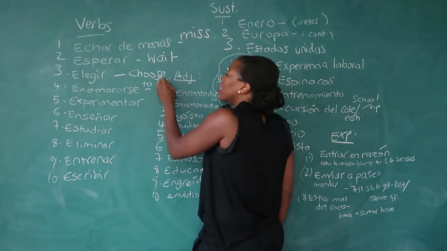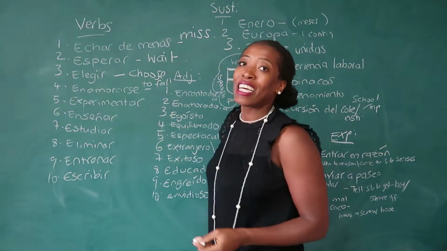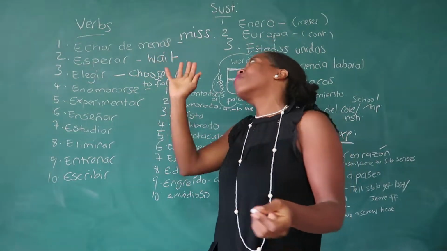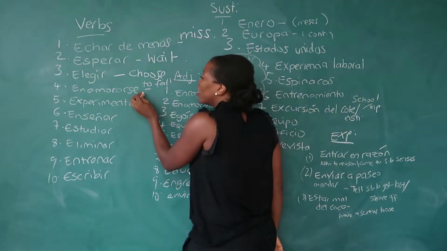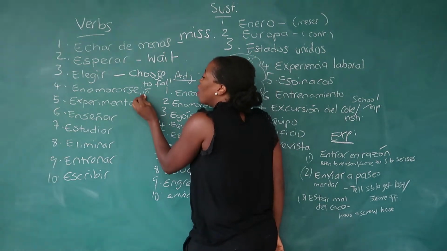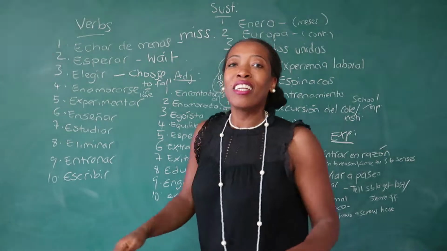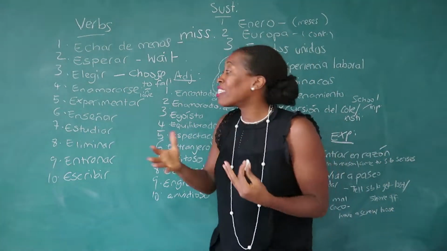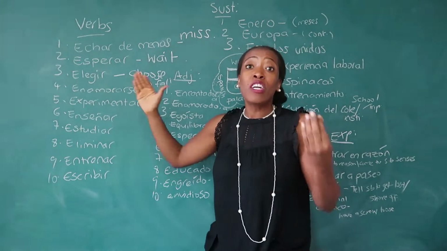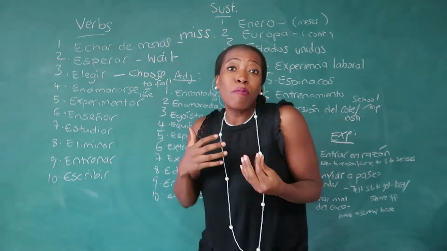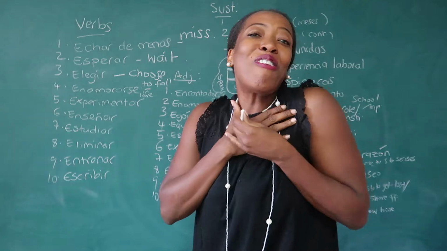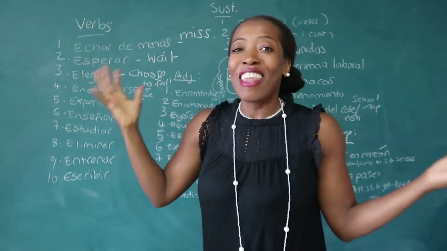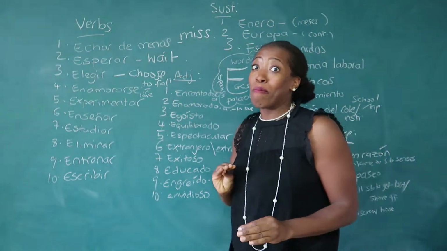To fall. I never like this word because it says fall, and fall to me always sounds quite negative. To fall in love. Why can't it be to climb up in love or something more positive? So enamorarse, reflexive, to fall in love. Me enamoro muy fácilmente. I fall in love very easily. There you go. That's just an example.